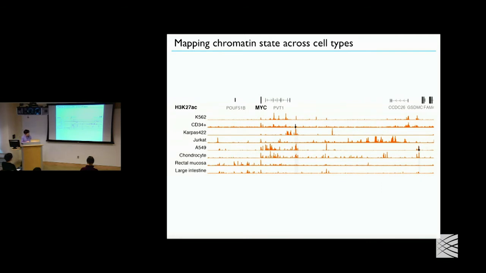The challenge, of course, is that we don't know for any one of these given regions which genes they regulate. And the goal would be to be able to draw the network that connects each of these sites with the genes that it controls. So the major limitation to doing that